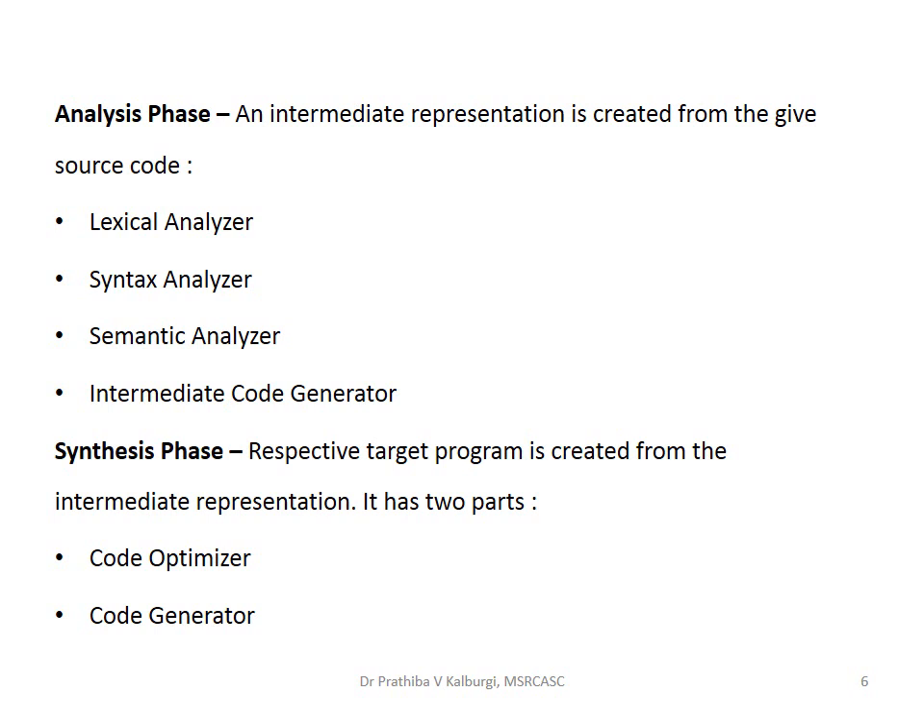Now similarly, with respect to the synthesis phase, this synthesis phase is going to represent a target program which is created from the intermediate representation. So it has two parts. One is called the code optimizer, the other one is termed as